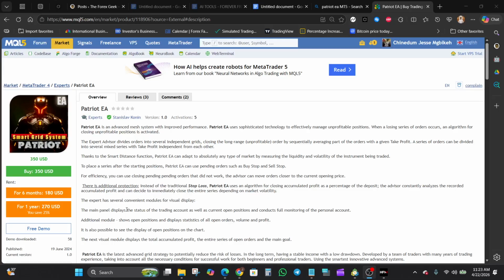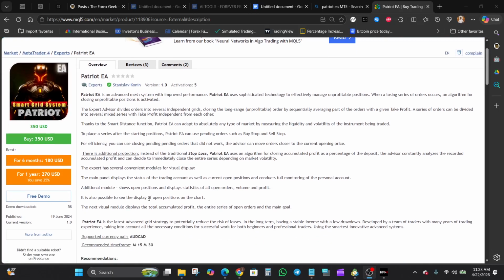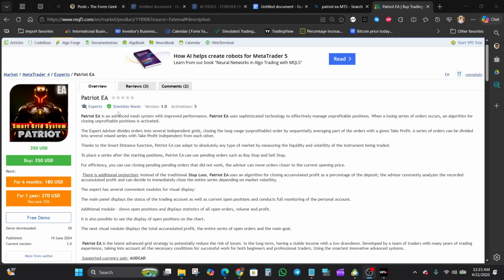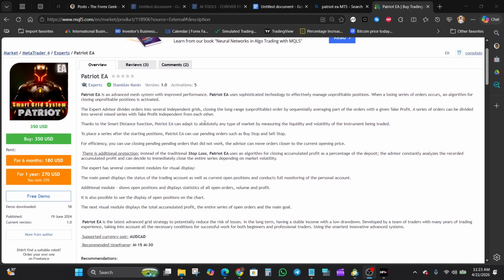Okay, so here we are on the MQL5 marketplace, and this is Patriot EA, priced at 350 US dollars to buy, with rental options available as well: 180 US dollars for 6 months and 270 US dollars for a year. Now we can see that it's developed by Stanislav Konin, and from the description, it's positioned as an advanced grid based system. All right, and it has a more refined approach to handling losing trades, which is usually the biggest